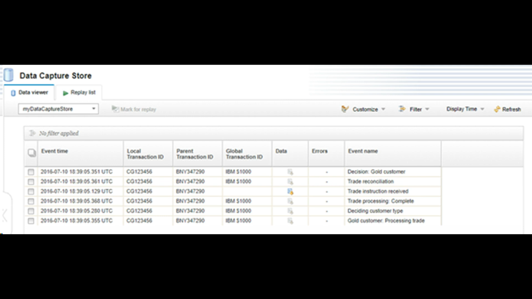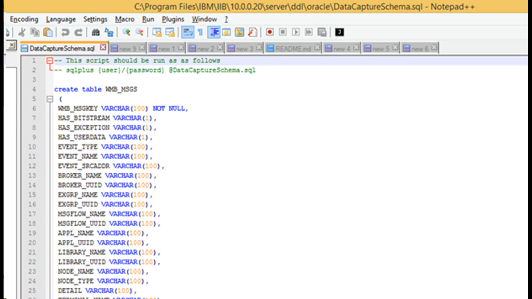Now, data capture store will subscribe to those events, and after that, it will push those events into a database. So when you configure a data capture store, you will give a DSN name, right? This configurable service, data capture store, will push those events into your database for you. So there is no in-between application that you need.